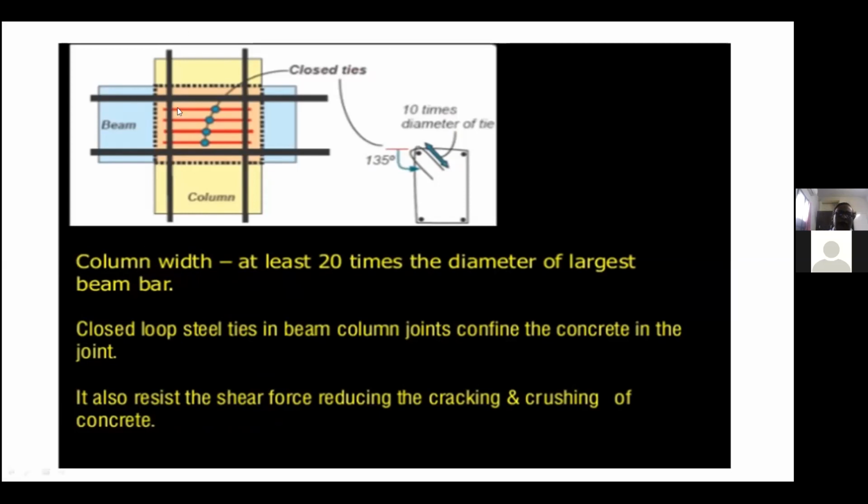Okay, so whatever hook we discussed, you have to provide in the beam column zone. You look at that. The beam column zone is very important. The red color mark shows the stirrups provided in the beam column joint. Even with practicing engineers or site engineers, when you start practicing, the bar bender is not providing the steel in the beam column joint. You insist that the joint is very, very important. We have to protect that joint.